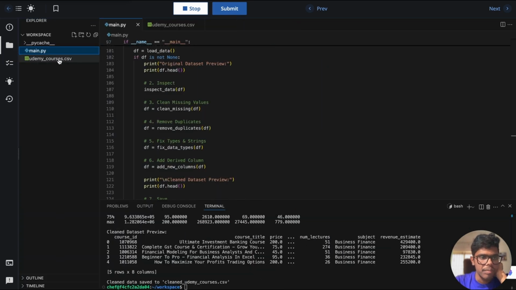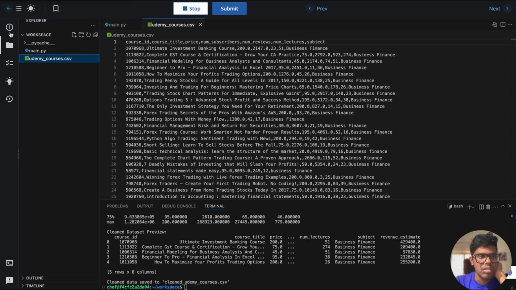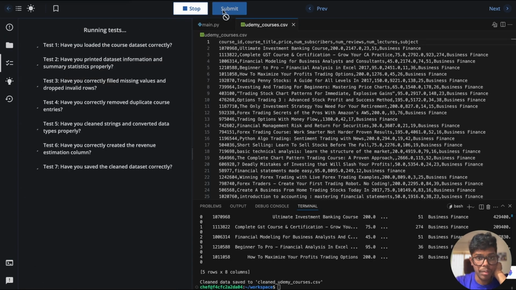You can see it's basically stored in the clean data. It is not visible when I run it. Let me submit it. Yeah,